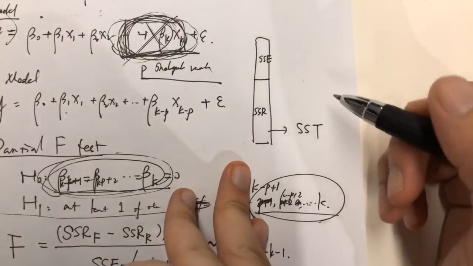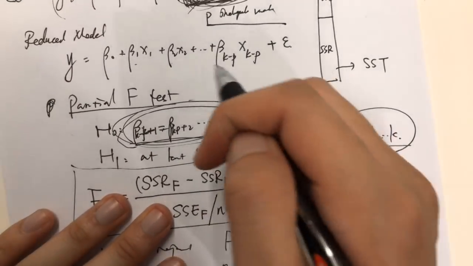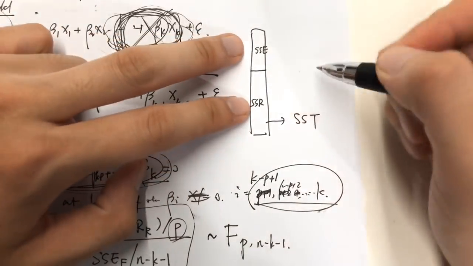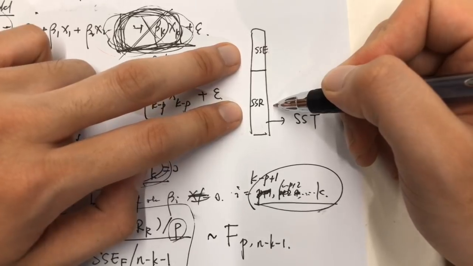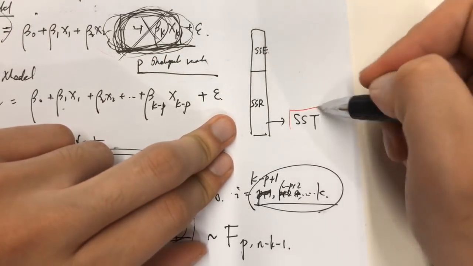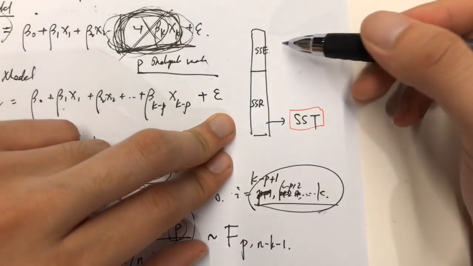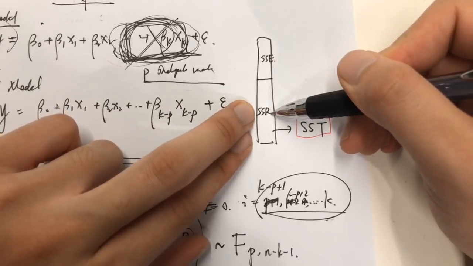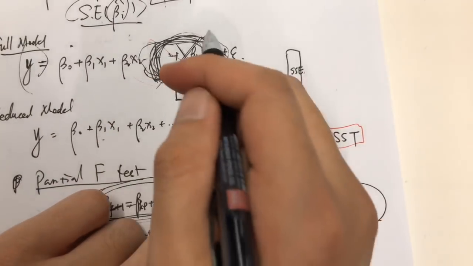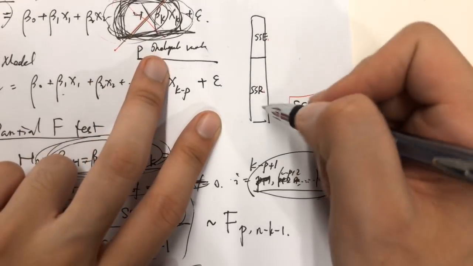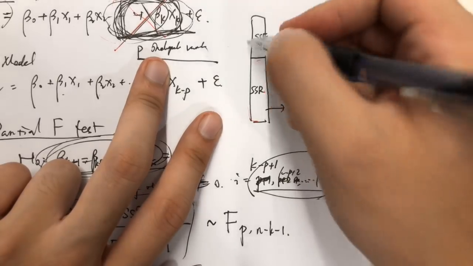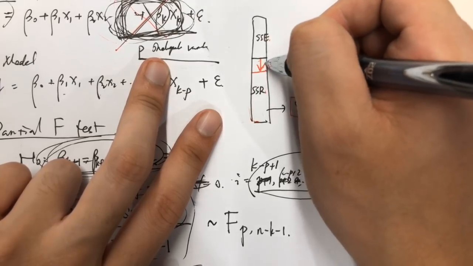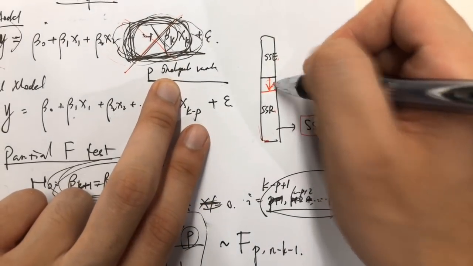So now, if we remove some independent variables here, what will happen to SSE and SSR? We know SST will never change if we add or remove any independent variables. The only changing things are the SSE and SSR, right? So if we remove some independent variables, what will happen to SSR? It will decrease, right? And SSE will correspondingly increase, and result in a smaller R square, is that right?